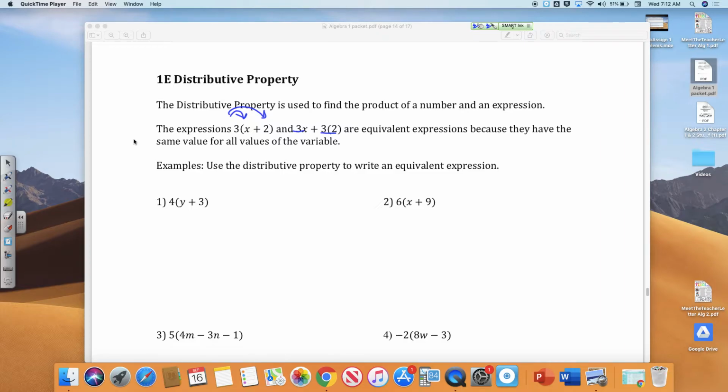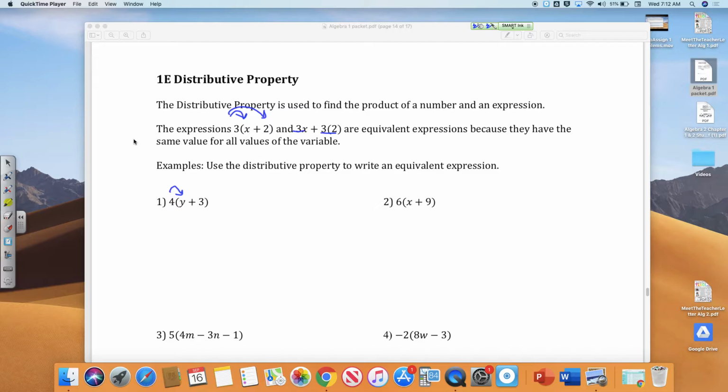So when I look at number 1 and I say simplify this, order of operations would say look inside the parentheses and simplify what you have in there. Now I'm actually unable to combine y and 3 together because they're not like terms. Because they're not like terms, we have to use the distributive property, which says take the number on the outside of the stuff that's in the parentheses and just distribute it,